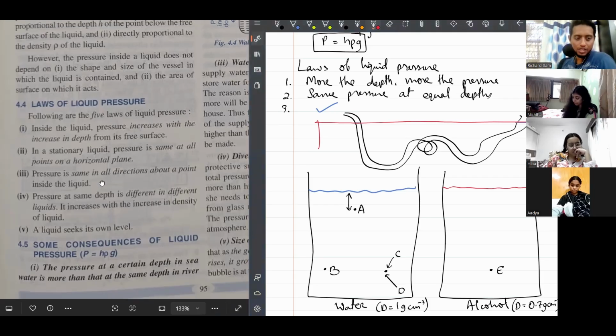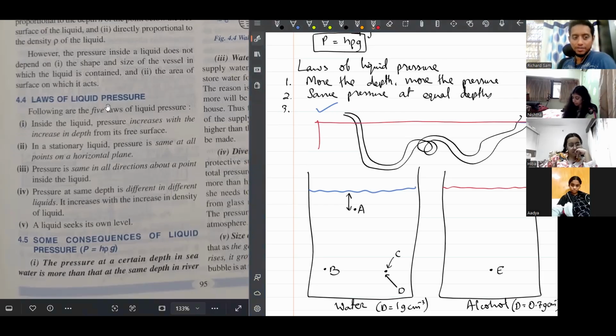Okay. So these are the laws of liquid and how they act. What is the first one? The deeper you go inside a liquid, the more the pressure. Second point is what? On a horizontal plane, the pressure is equal at every point. The third one is in all different directions at a certain point, the pressure is same. Fourth point is pressure at same depth is different in different liquids, right? More the density of the liquid, more the pressure. And the last point is a liquid always seeks its own level, which means,